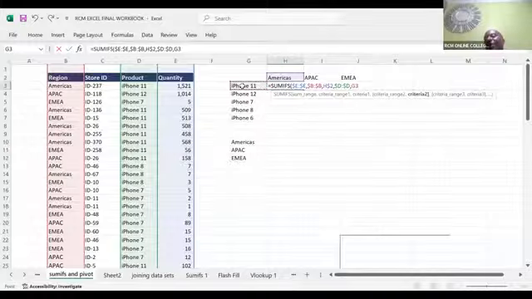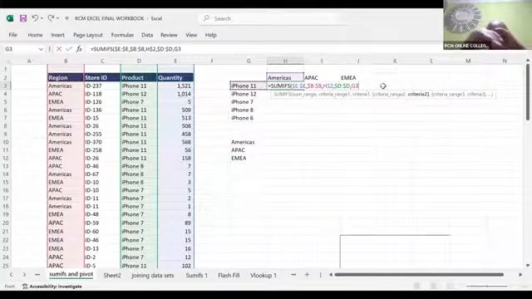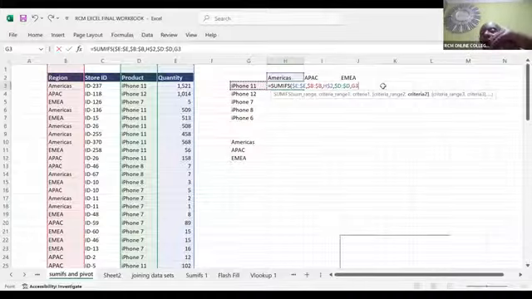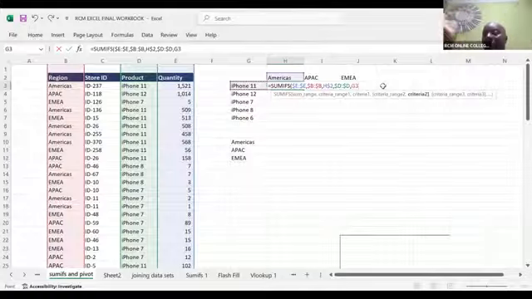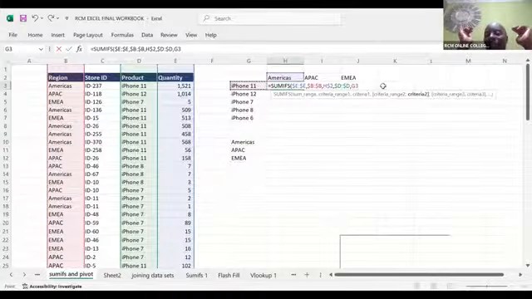Can somebody who is trying to follow tell me, between the G and the 3, which one am I going to lock with that $? From this table, I can only lock one direction. Between G and the 3, which one should I lock?